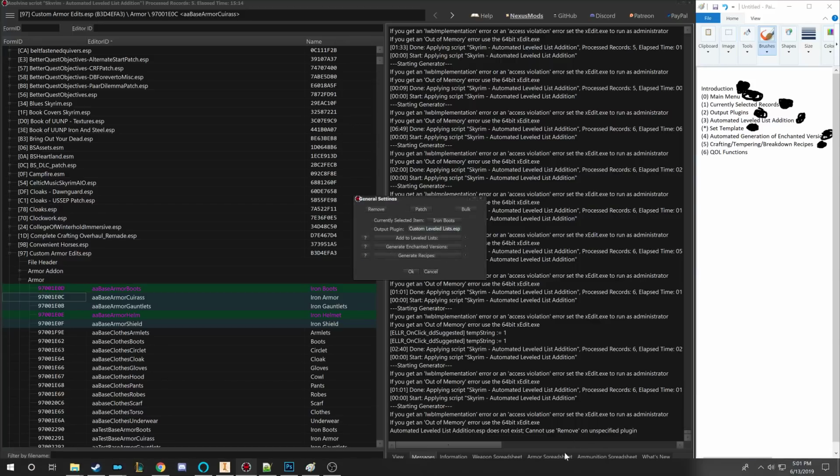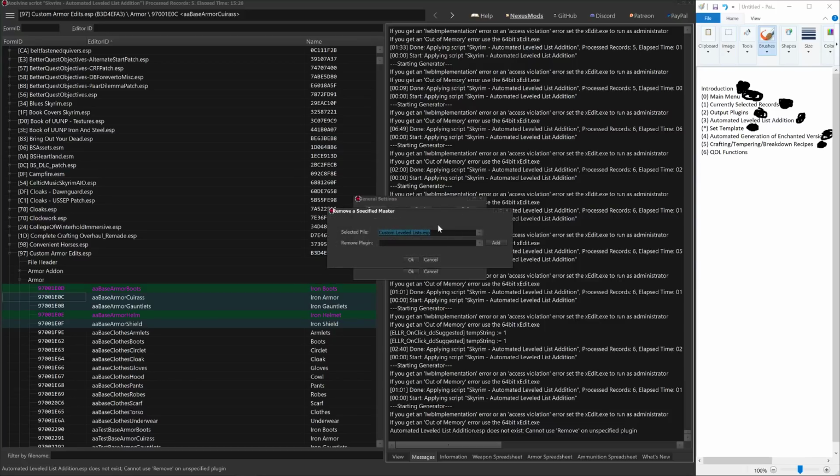And if it's not already made, it won't try to remove anything anyway, so it's not usually going to happen to you. But what this does is, you have a file, and it has a whole bunch of masters. This is a list of masters of the file. And if you wanted to remove, say, Worm's Tooth from this mod, since it uses Worm's Tooth as a master,